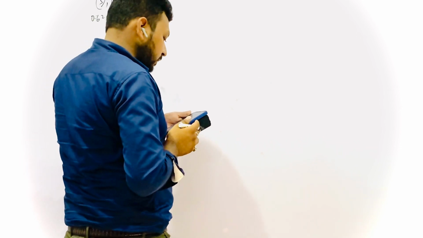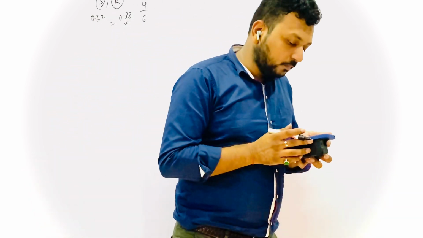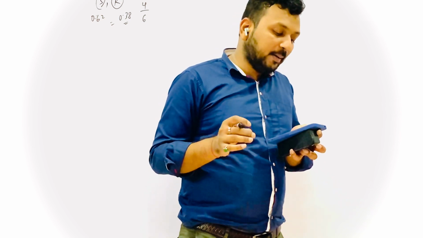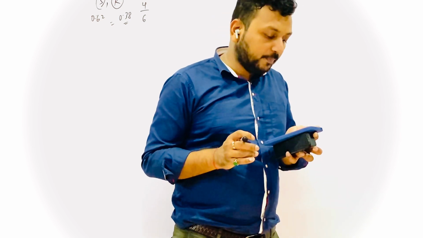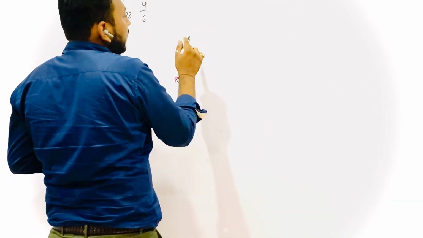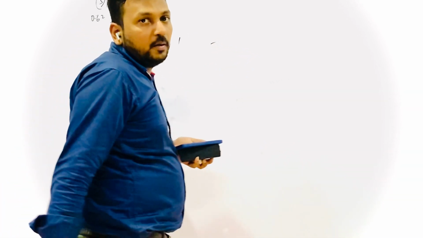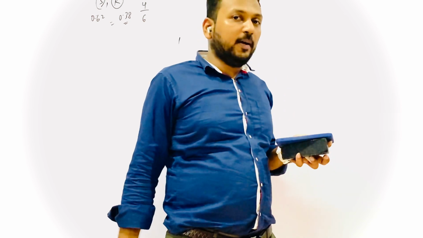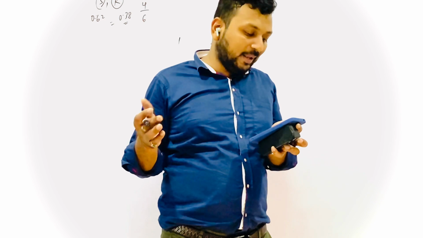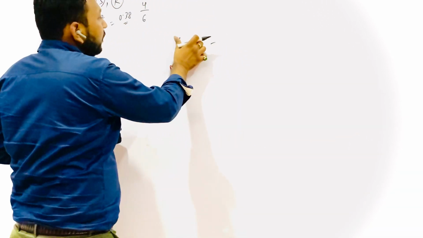Savita and Hamida are friends. Find the probability that both will have different birthdays, and the probability that they have the same birthday, ignoring the leap year. So if one has one birthday, the other will have a different birthday. This probability you will have to find out. And the second option is that they have the same birthday. Getting it? See, very simple.